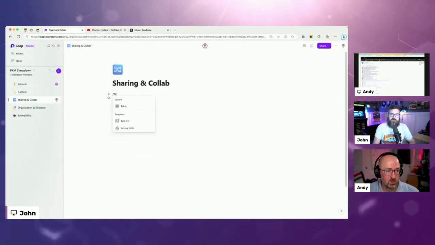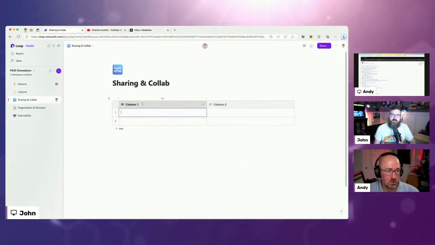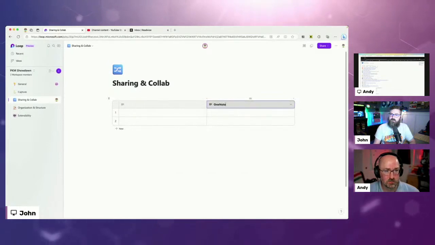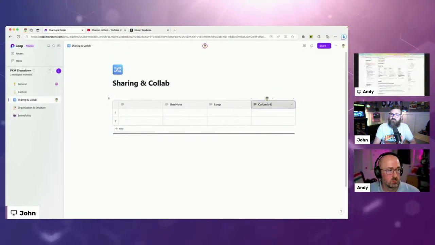While he's doing that, I'm going to do sharing and collab, and we'll talk about that category. So we're going to add OneNote and then Loop, and then Notion. Does anybody else have trouble typing Loop? I add too many O's.